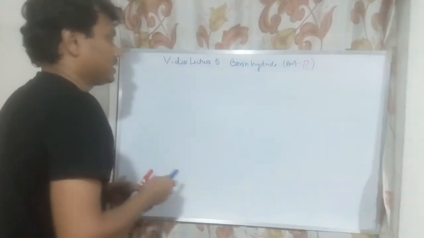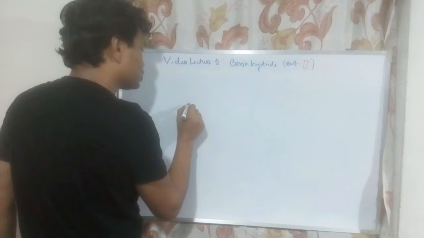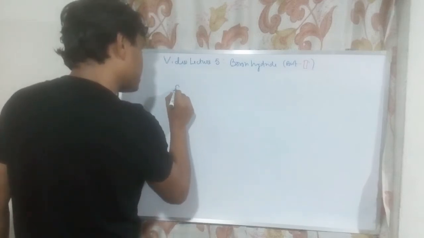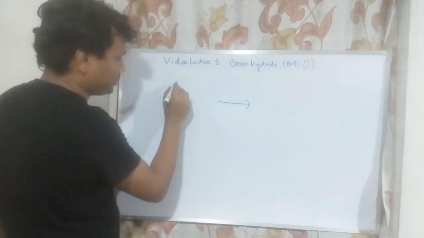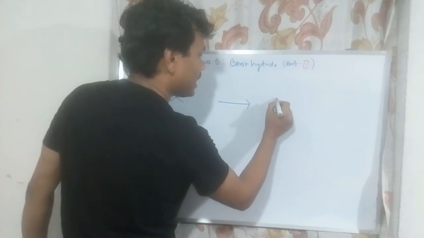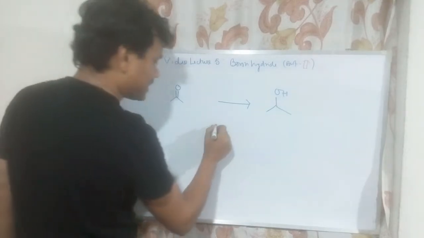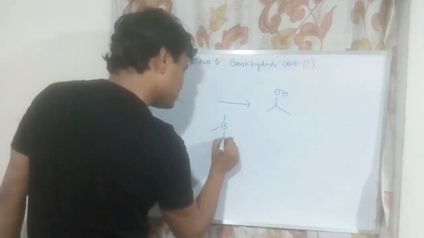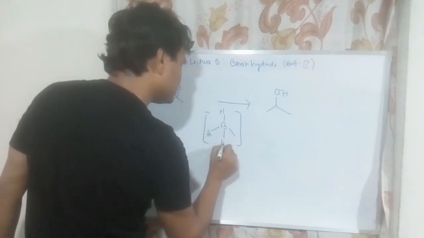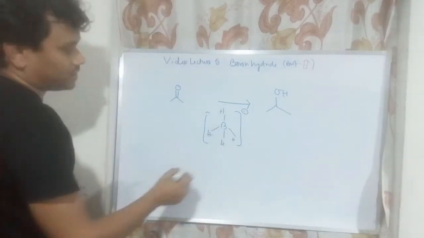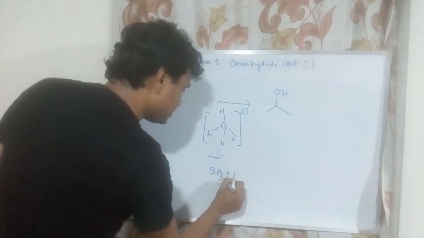Okay, let's focus on one of the most important reactions of borohydride, that is the reduction of a carbonyl group into alcohol. For example, if we take a ketone, it will produce a secondary alcohol. So how is this reaction happening? These borohydrides contain 4 hydrides with a nucleophilic charge,